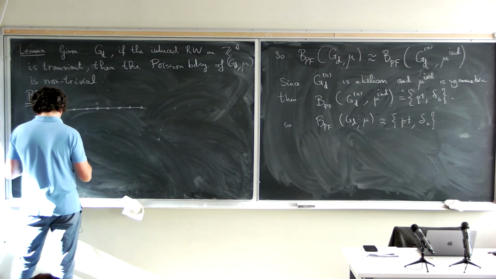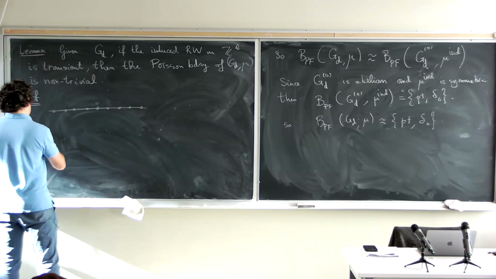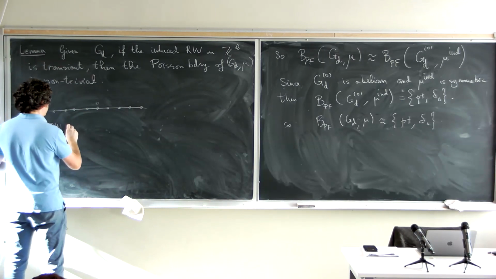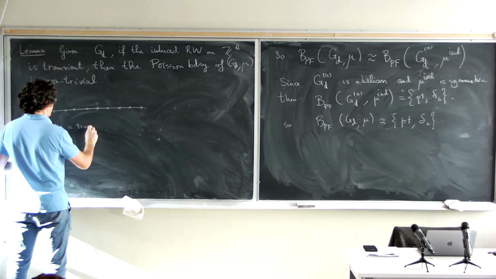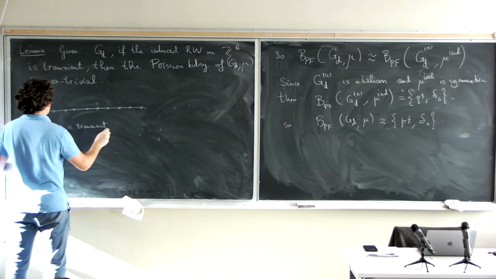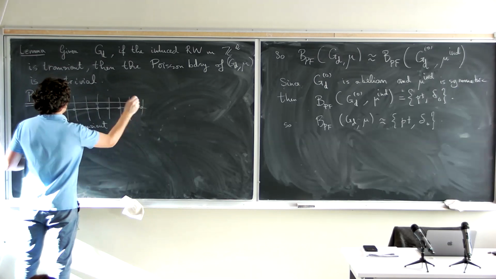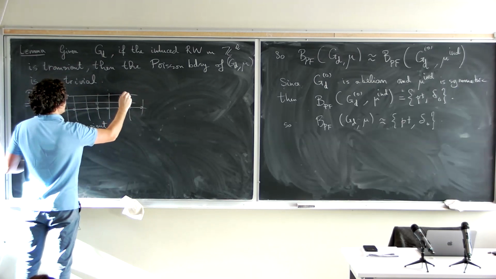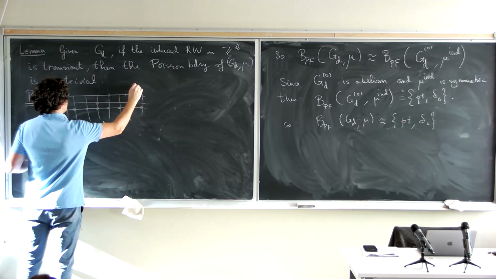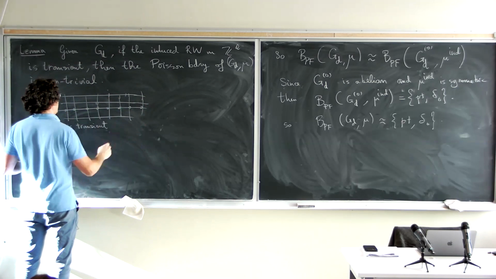There's two things you can say. Since the random walk is transient, okay, we need a high dimension maybe grid to make it more believable. So what you want is,